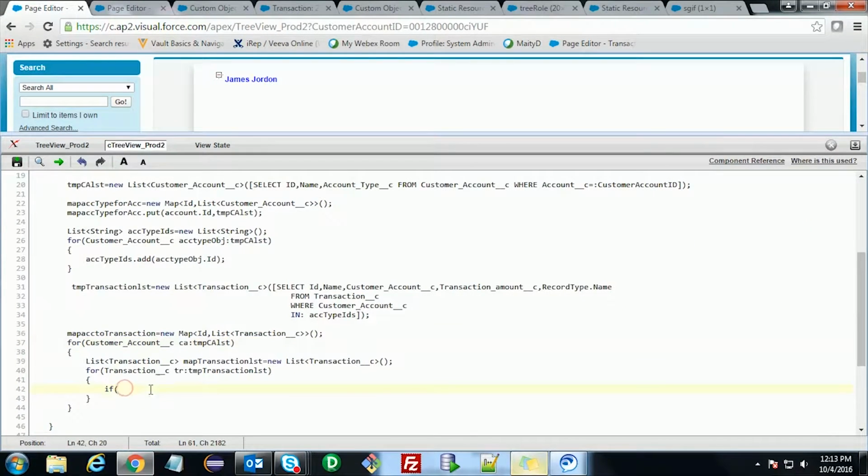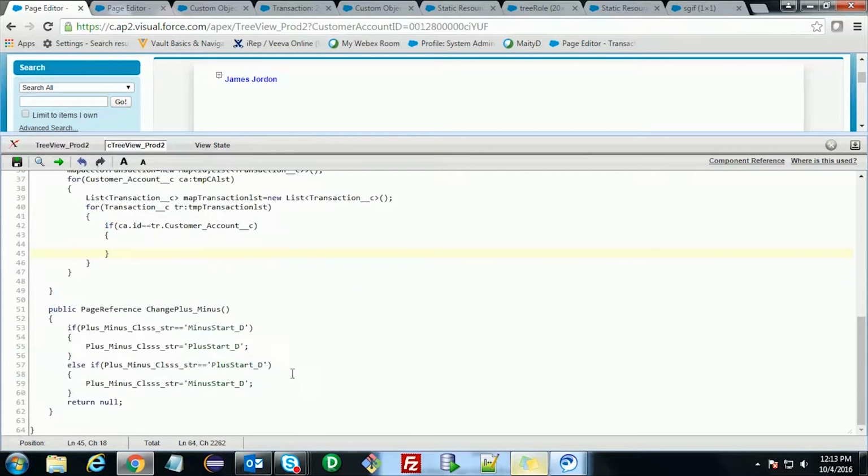So for each and every iteration of customer account and its related transactions, if the transaction's customer account is the same, then that